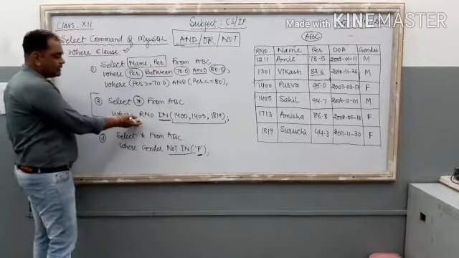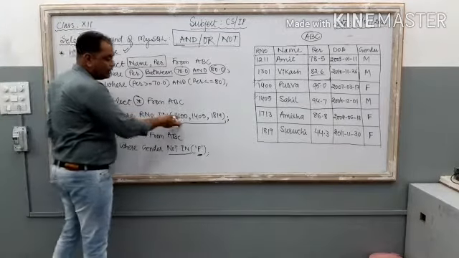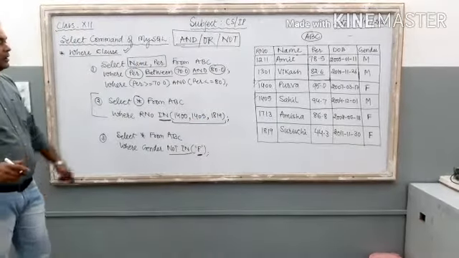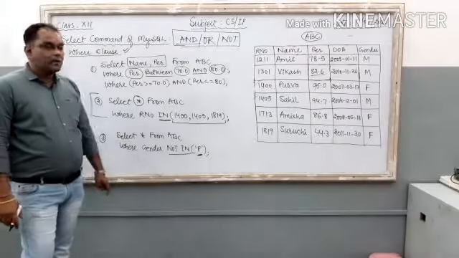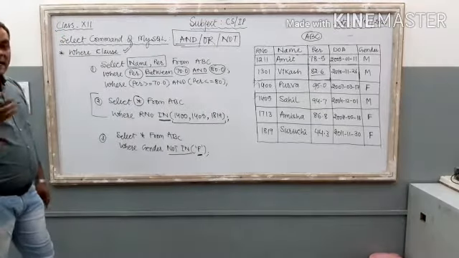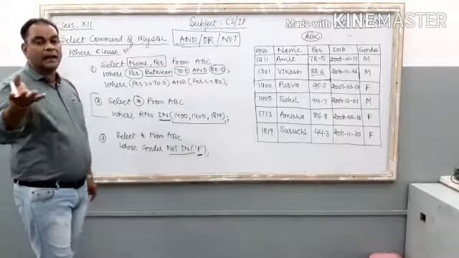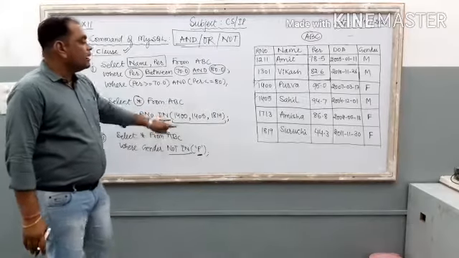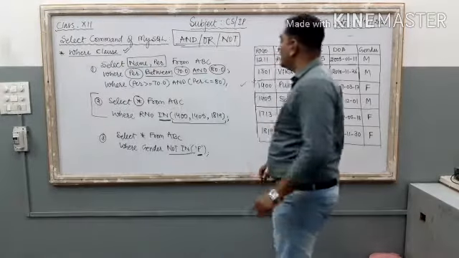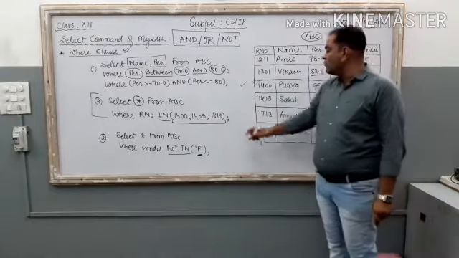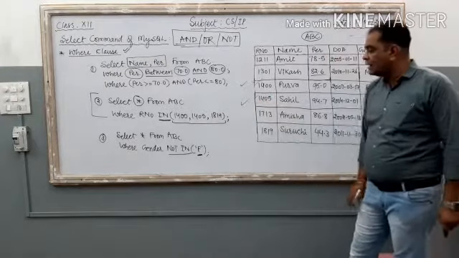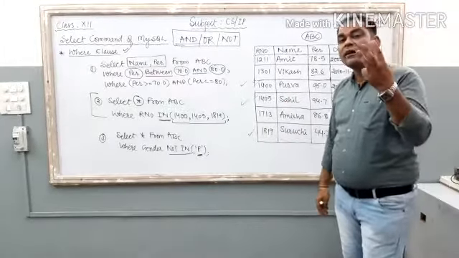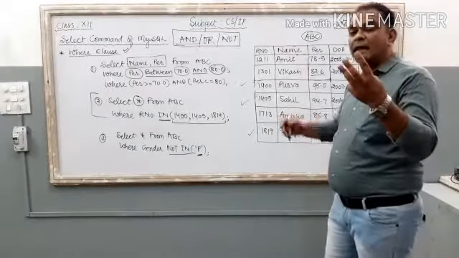So here the second command is where RNO in 1400, 1405, 1819. What does it mean? Check this ABC table and try to find out how many records will be there on the monitor if you execute this command, right? Roll number 1400 will be there on the monitor as an output. Roll number 1405 is also there. 1819. So out of these 6 records, you can see 3 records filtered from the table and shown as an output, right?